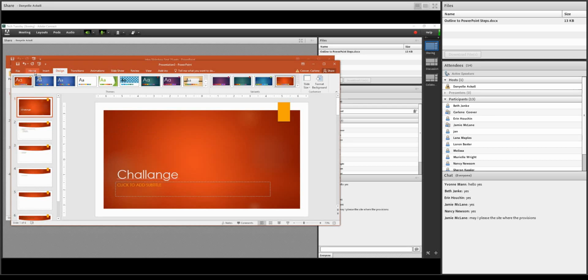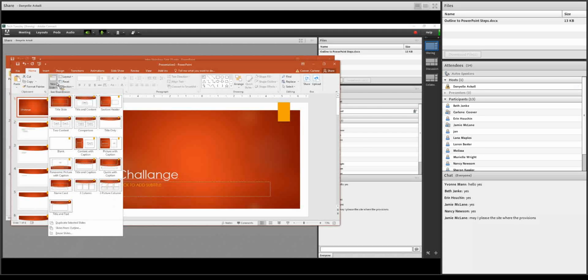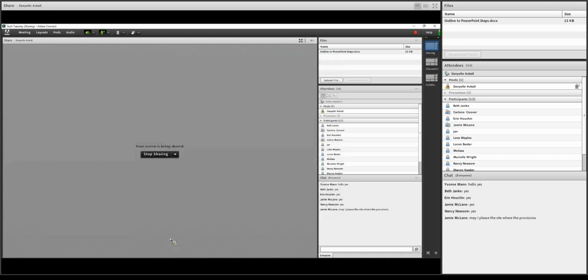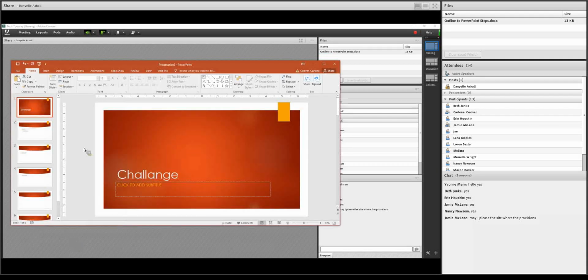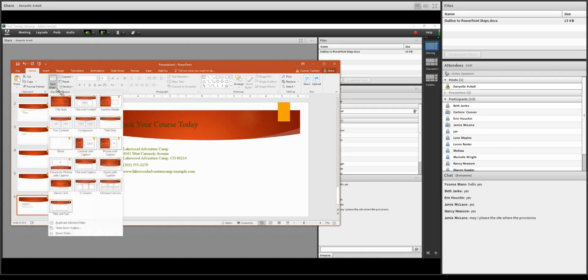There's another command that you may not know about, and it's under this New Slide command, and it is called Reuse Slides. And so this command works so that you can bring in slides from other PowerPoint presentations. So I will show you this Reuse Slides command. I'm going to add some slides to the bottom of this presentation. So I'll select slide number 6, that's my last slide. I'm going to add some slides behind that. New slide, reuse slides,